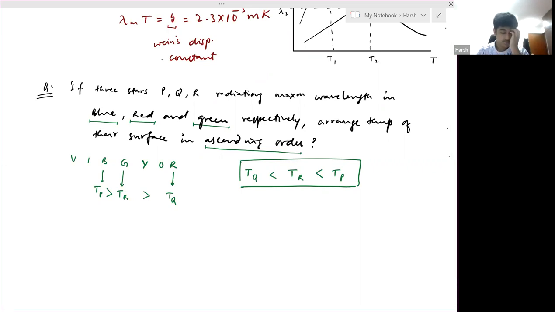Done, sir. Okay. So this is all about this entire chapter, that is thermal properties of matter. Yes, sir. Next we start with